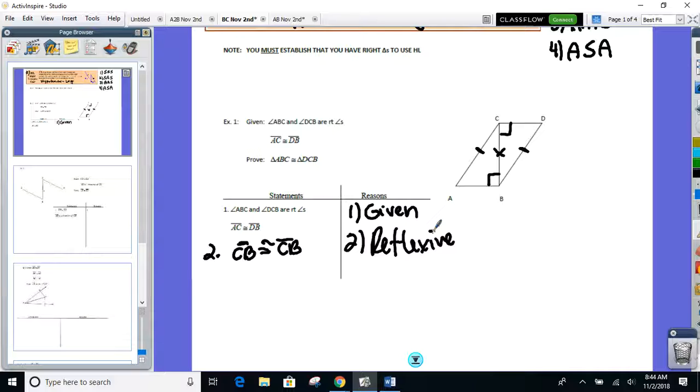What else has to still go in here, do you think? Just based on everything we've done so far. Sinead, what are you at? Okay, say the right angles are congruent. Okay, that's fine. But I'm ready for this breaking news here. When you use HL, does it say anything about angles? No. So if you don't want to, you don't have to say the right angles are congruent, but you still